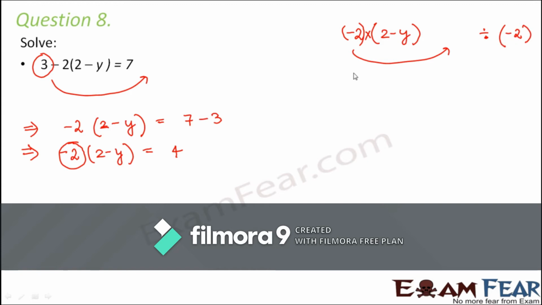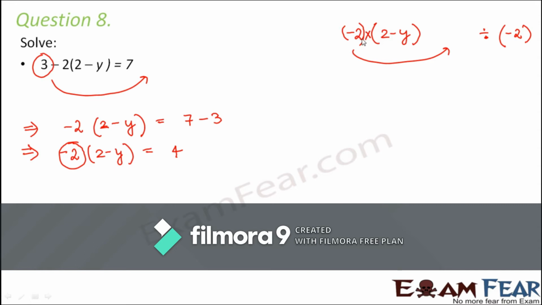Now, many a times students get confused. They feel that, okay, this side we have minus 2, so when this term goes to the other side, it will become plus 2. No, that's because whenever transposing is happening, there is reversal of the operation. So if a number is getting added on the left hand side, when it is transposed, the number gets subtracted on the right hand side. Similarly, if a number is getting multiplied on the right hand side, the number will get divided on the left hand side. So that is the tip that we follow.